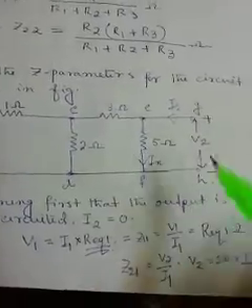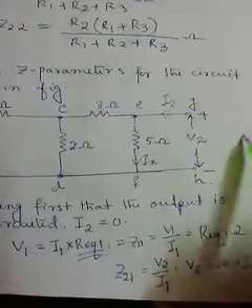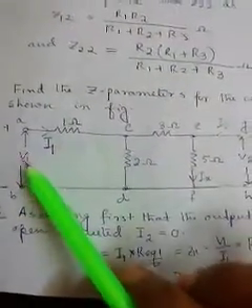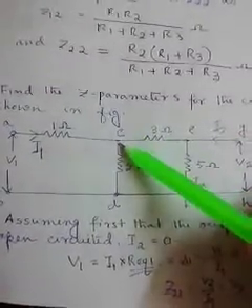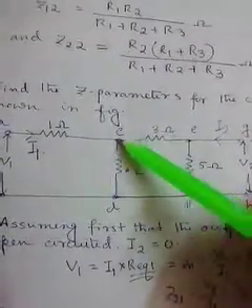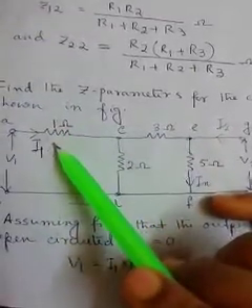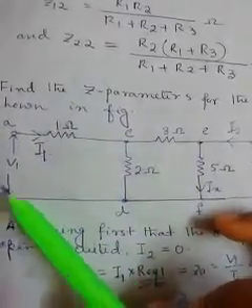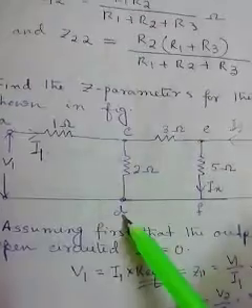Now next and the last one is the calculation of Z12. So how do we find Z12? Z12 is V1 by I2. So how do we get the value of V1? Again, the value of V1 we can calculate as the current through this path into this resistance, because through this resistance no current is carried, so no drop will occur here. So V1 will be the voltage available across this resistance, across the C and D terminals.